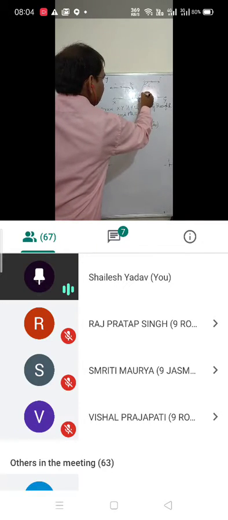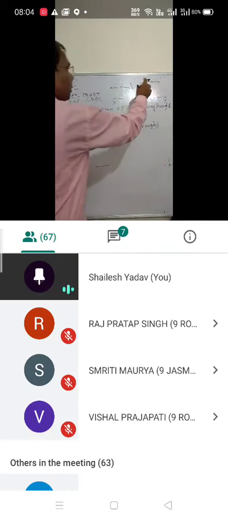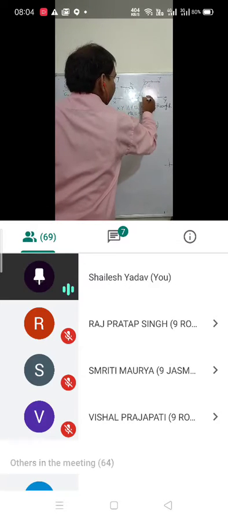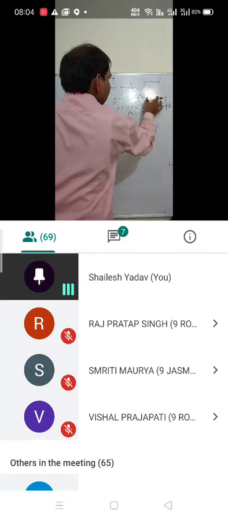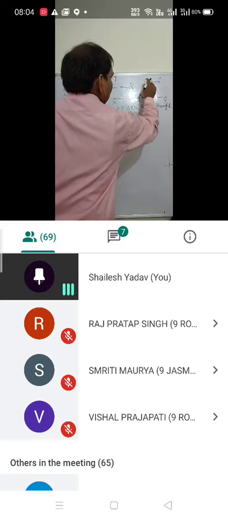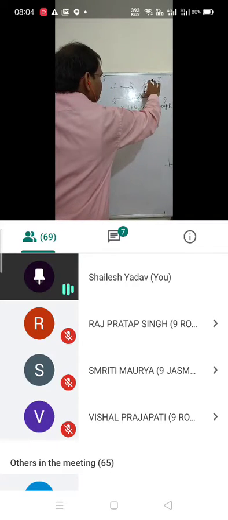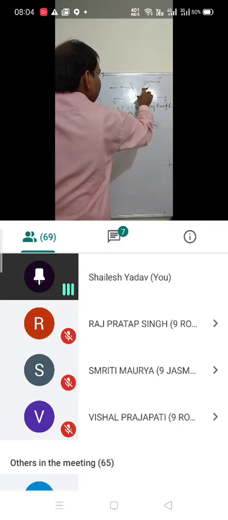Now students, in the same way, suppose that if it is y. Again these two lines are parallel, ST and XY are parallel. So these two angles are again co-interior angles. One line is intersecting, so these are the two interior angles on the same side. So these are called co-interior angles.